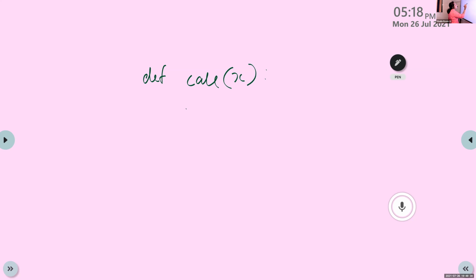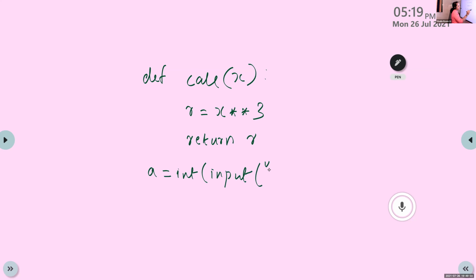After tab space, R is equal to X star star, X exponent 3, and return R. Then what about the next statement? A is equal to int input, enter the number. And print calc A.